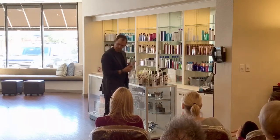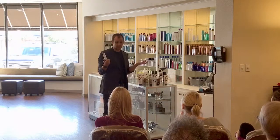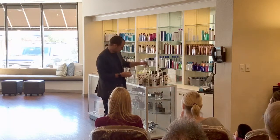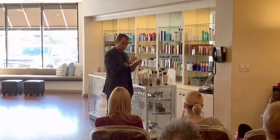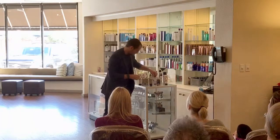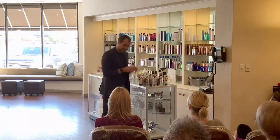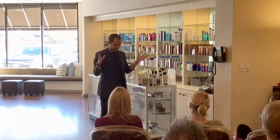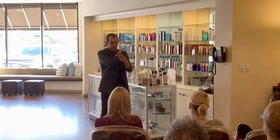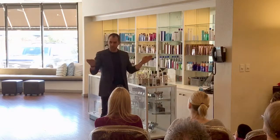Does everyone understand the pop and lock? I mean, it's relatively simple stuff, but it's cool to know how to use these properly, I think. So when you're using it wet, use more. Dry, just use less. And personally, like I said, it's one that you could use even if a girl just had virgin hair and she didn't want any hair product. It's light enough just to put on that hair and blow dry, and she's going to love it because it's just going to give it that extra little bit of finish you want to get from